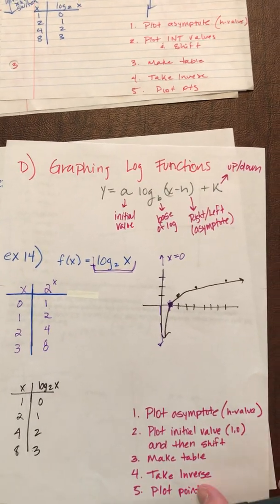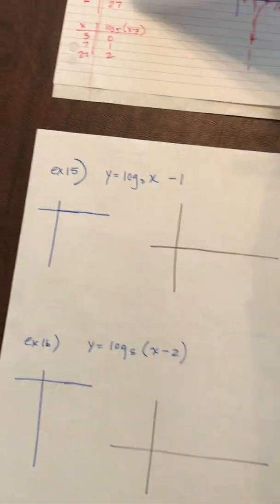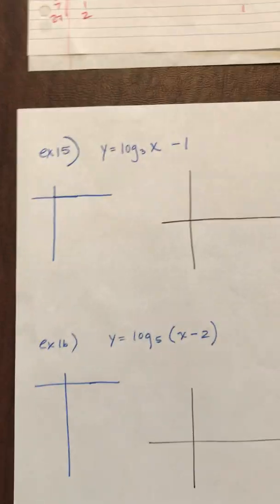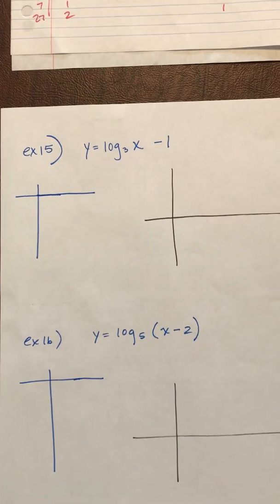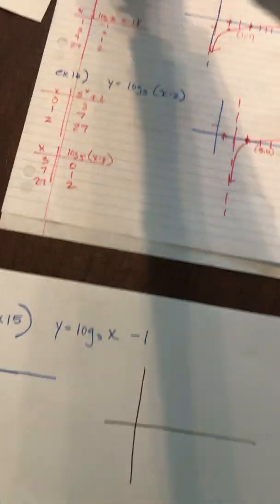All right, let me go through a couple other examples of graphing just to make sure you're good with it. Okay, I put 2 more on here, one with different kinds of shifts. Example 15 that I'm showing you has a k value shift. So I just want to remind myself of those